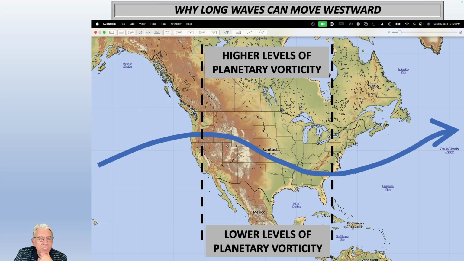You have high levels of planetary vorticity at high latitudes up here, and low values down here closer to the equator, okay? Let's just say that the air is moving, well, the air is moving in this case, in between these two dotted black